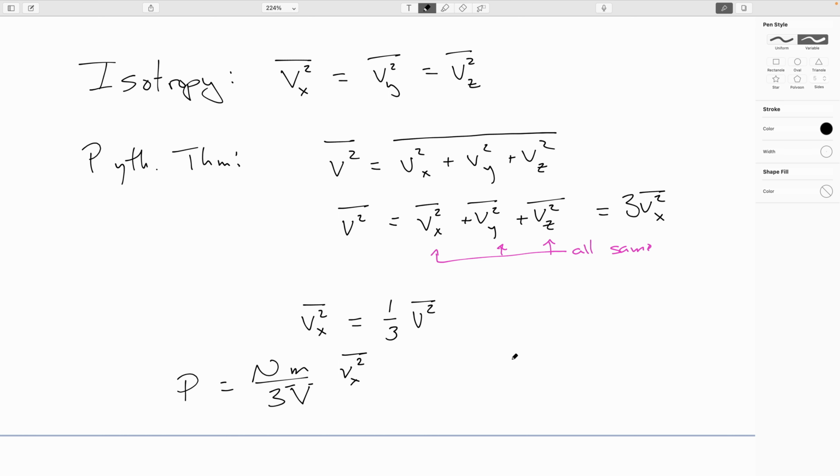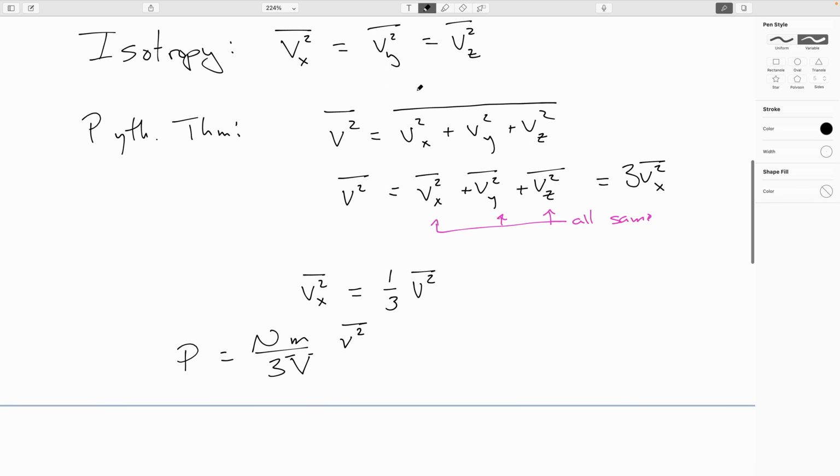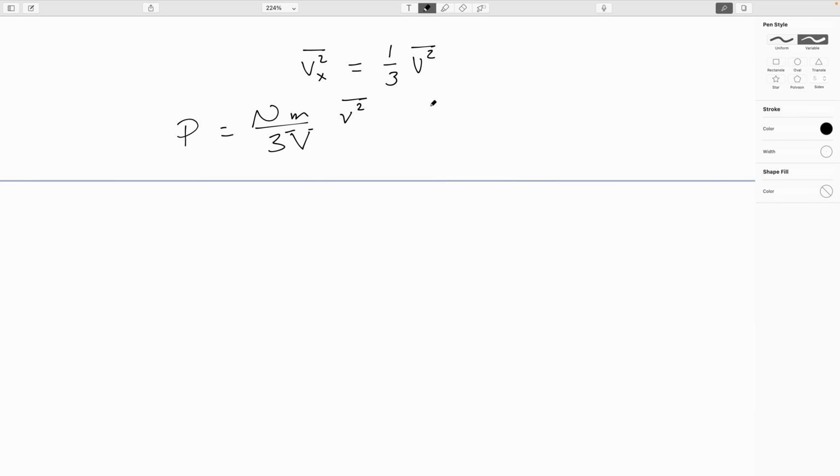Whoops, sorry, no x there because I substituted in for it. My bad. All right. So now I can multiply both sides through by V and get the ideal gas law. So this is where I'm going to be linking it. PV